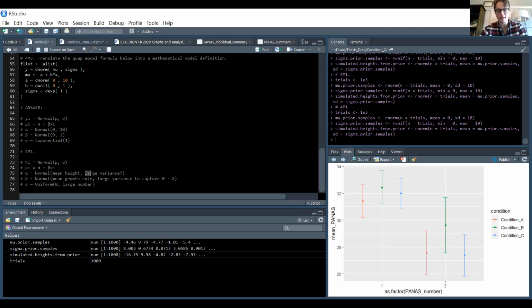I was guessing maybe to start with a large variance here, just to make sure that we're not getting rid of anyone. Beta, this would be the mean growth rate. I'm guessing that we'd want to build a